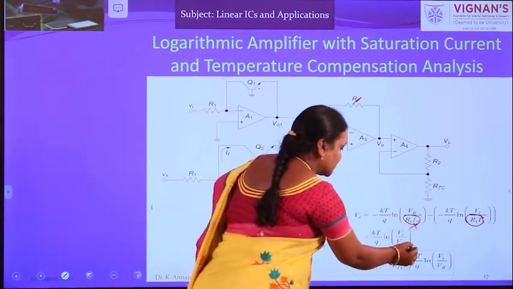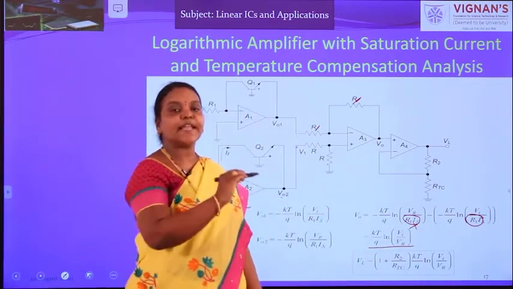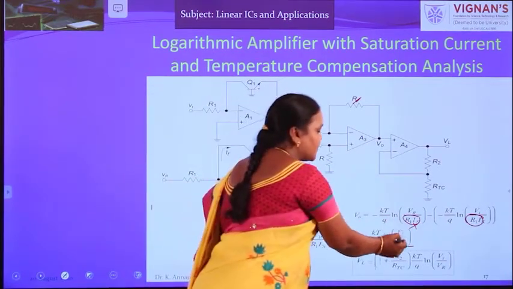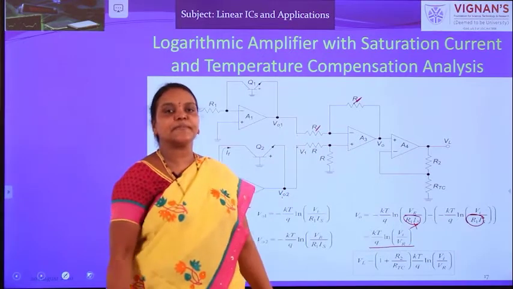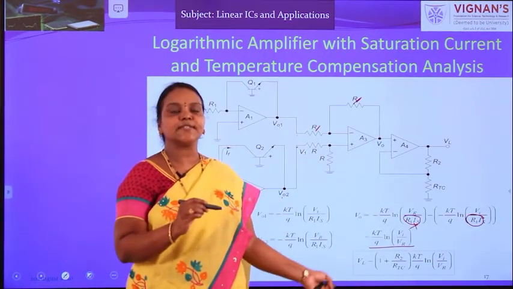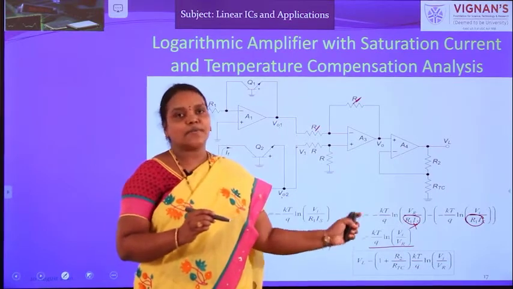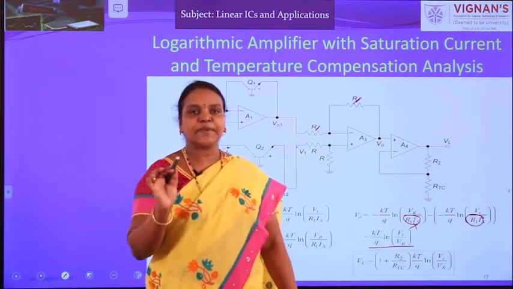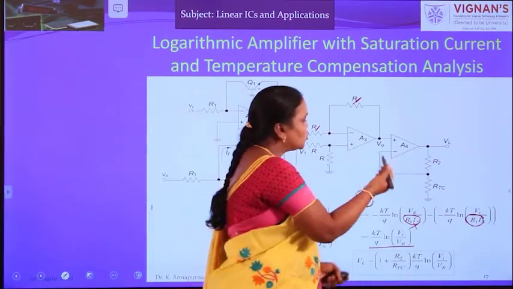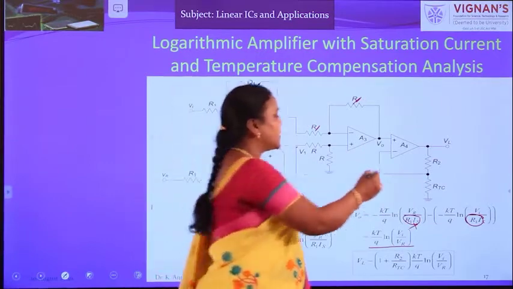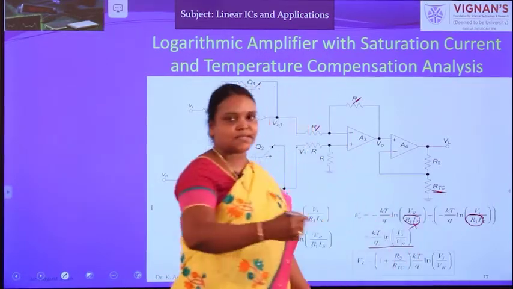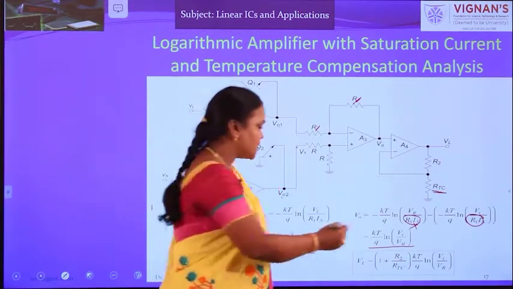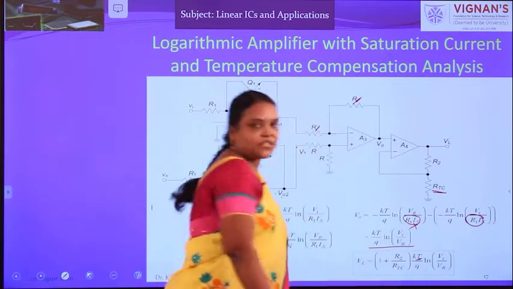And your final expression, the final expression of the differential amplifier, became KT by Q ln VI by VR. It is very much similar to the previous one, but whereas in the previous case the reference voltage is I1 IS into R1, here it is a constant DC supply, so it won't vary with respect to temperature or any other parameter. And next, due to temperature also it may change. So here temperature compensating resistors, either thermistors or sensistors, will be used to compensate the effect of temperature, because in this expression you are having temperature, right?